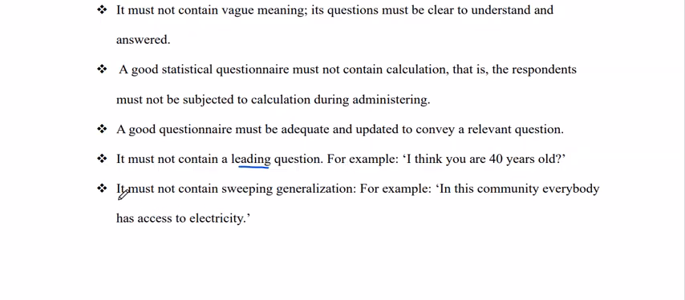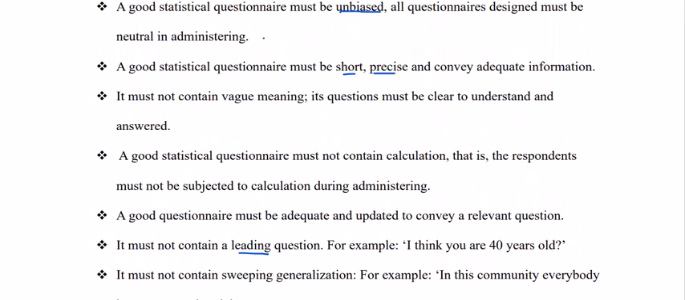Lastly, a questionnaire must not contain a sweeping generalization. For example, "In this community, everybody has access to electricity." The respondent in that community will ask, how do you know that everybody has access to electricity? So a sweeping generalization inside a questionnaire can mar the quality of the question that the respondent may want to answer. So in order for us to have a very good statistical questionnaire,